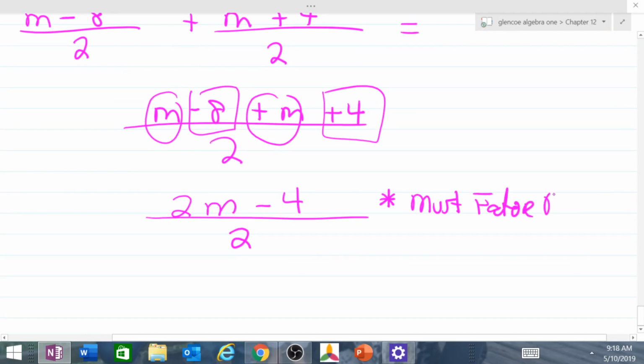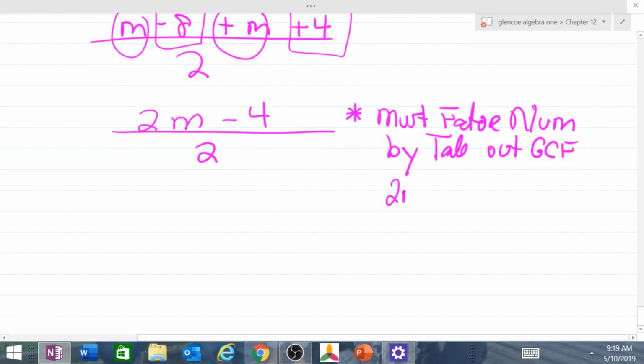factor the numerator. And the only way you can factor two terms with a minus sign is, number one, is it the difference of two squares, which in this case it's not. So in this case, you have to take out the GCF. And so 2m minus 4, your GCF will go here. You have two blanks. To find the greatest common factor,